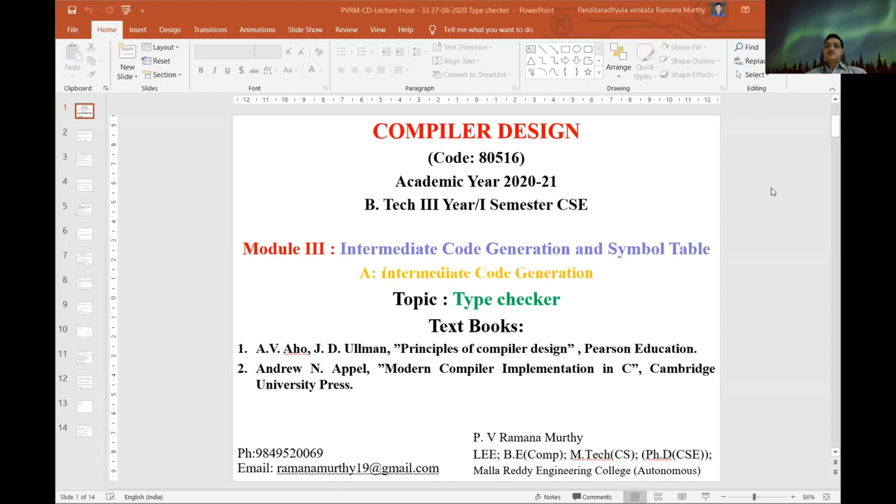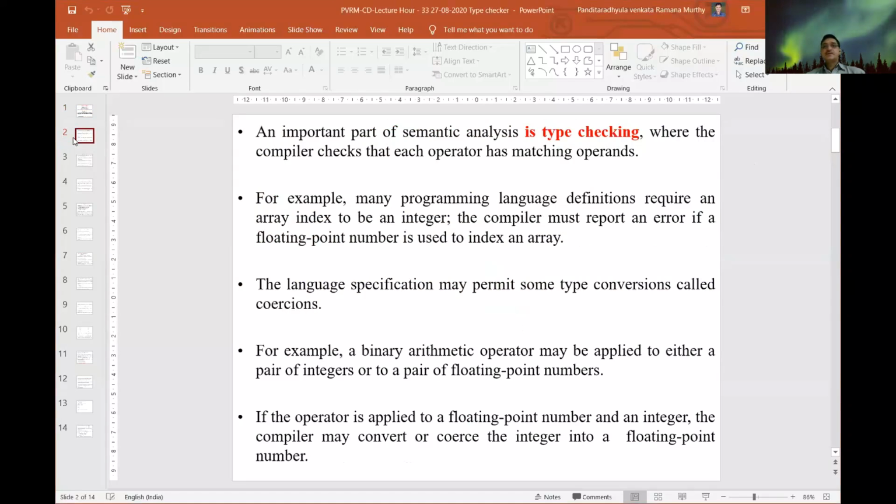Because to perform any operations in any programming language, we require type compatibility. In order to identify the type compatibility, we need to check the type of each and every component or data type before performing the expressions. Okay.